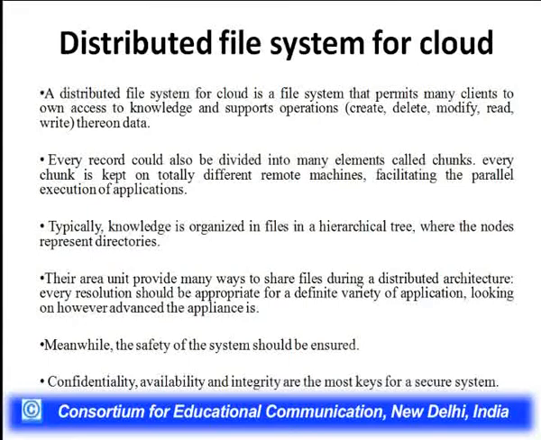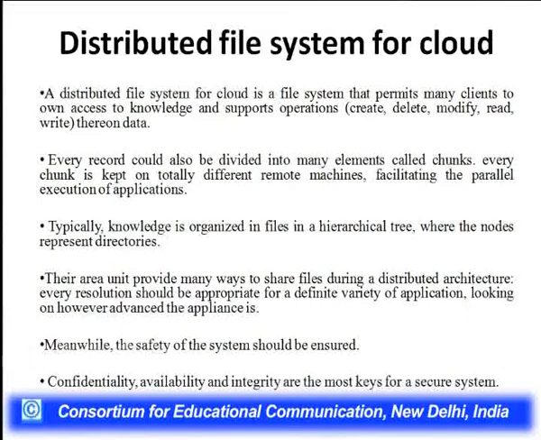So what do we mean by a hierarchical manner in this case is, for example, if you're storing any normal file in your system, how do you store it? You create a folder for it, or even if you're not creating a folder, there will be some default folder under which your file is getting stored. So it is a tree-like structure: the folder will be the topmost in the hierarchy, then there will be some subfolder, and then your file wherever it is stored. So the data or the file in a distributed file system is stored in a hierarchical manner.